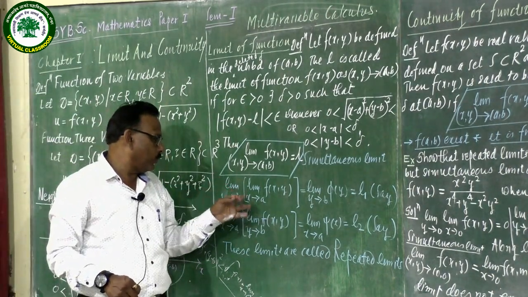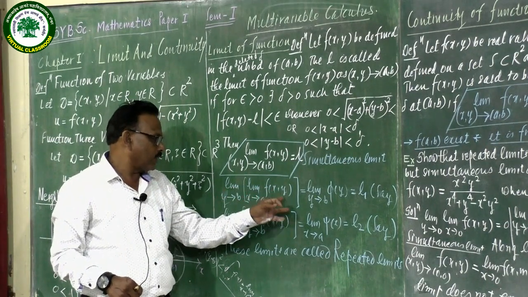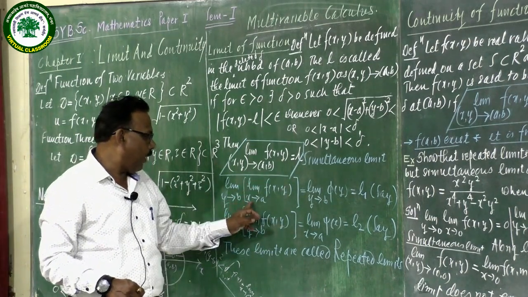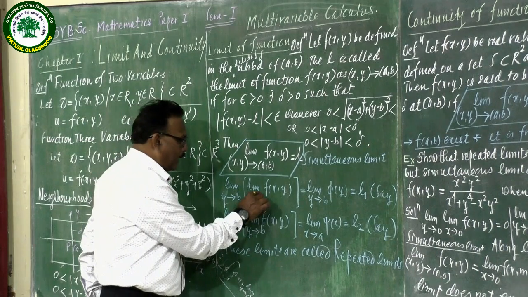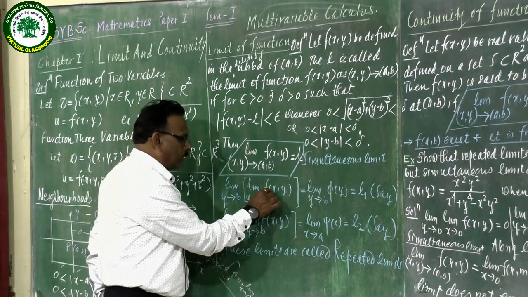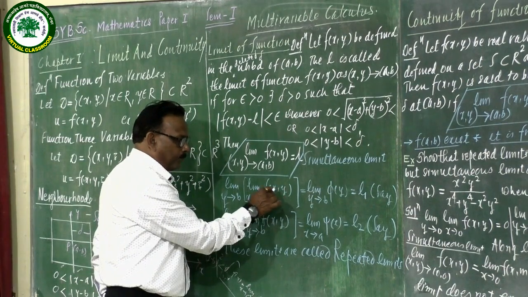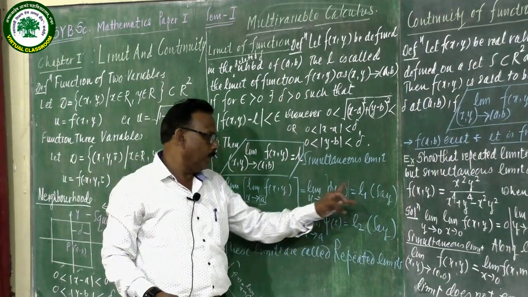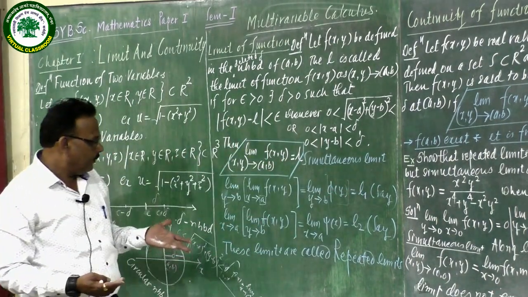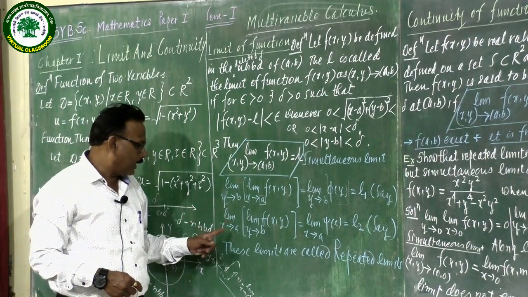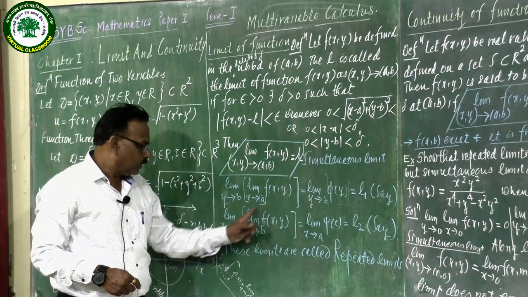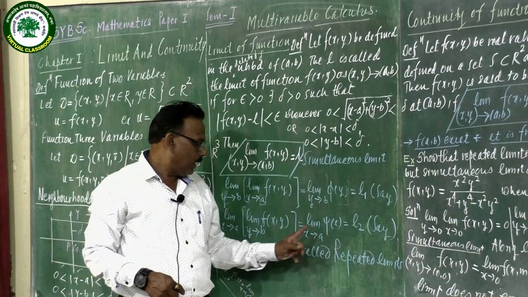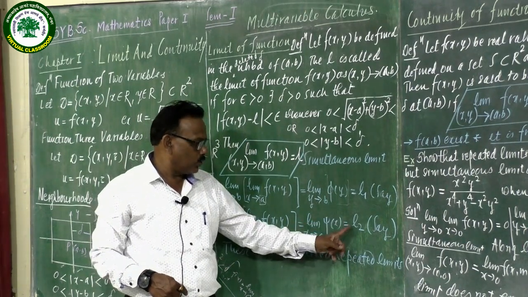Consider the limit as y tends to b and the limit as x tends to a of f(x, y). You have to find out the limit of this one. The x will be replaced by a, which is a constant number, and this function will convert to a function of the single variable y, that is phi of y. Then take the limit as y tends to b, it will be called L1. Similarly, vice versa, while you are taking the limit as y tends to b of this function, it will be converted to a function of the single variable x, that is psi of x, and the limit as x tends to a of psi of x is equal to L2.